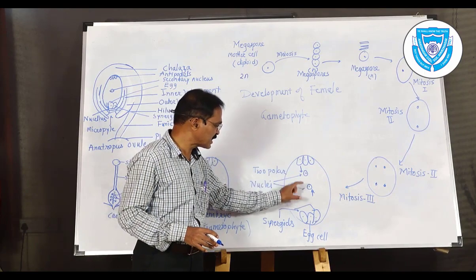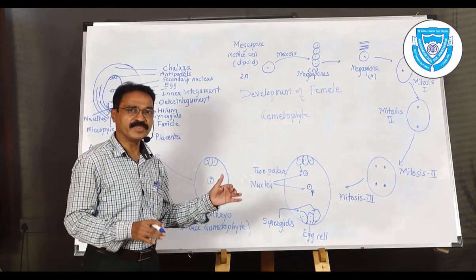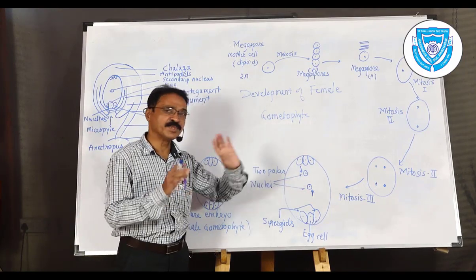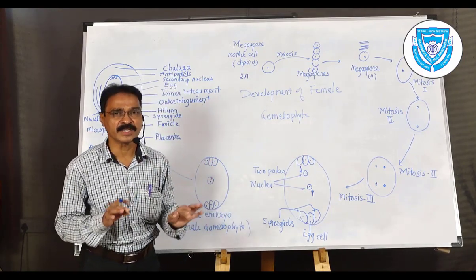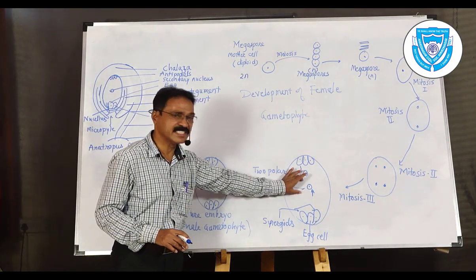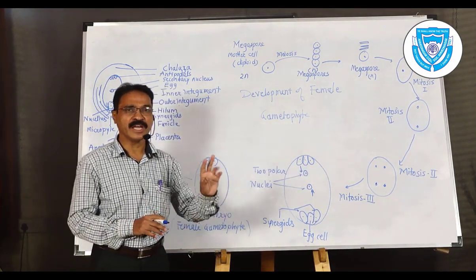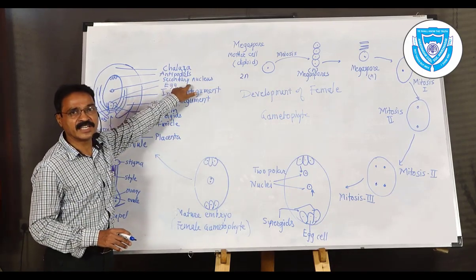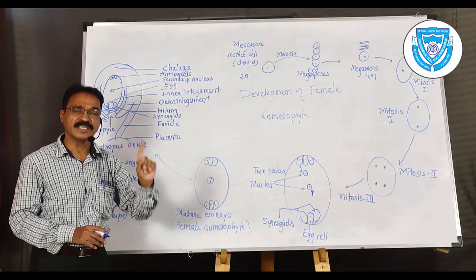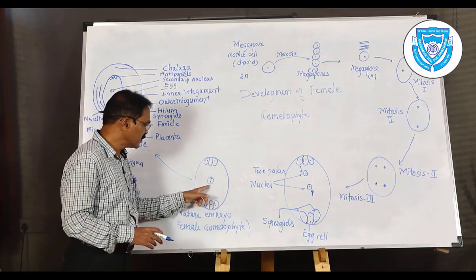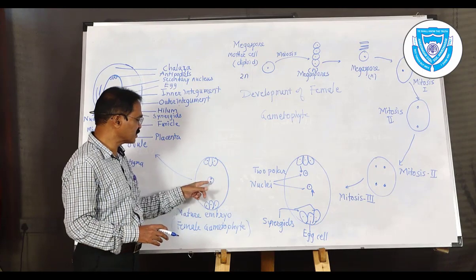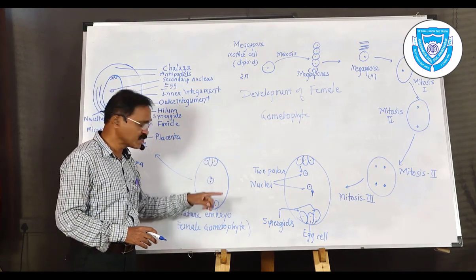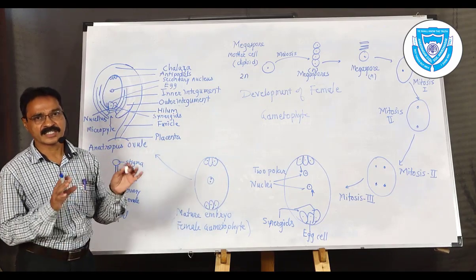So these 2 cells come to the center and fuse. Now what is here? Cells fused but the nuclei remain separate. And hence a single cell is developed. Because of 2 nuclei, it is called the secondary nucleus. It is called a secondary nucleus because 2 nuclei are present in the single cell. So in this way, the secondary nucleus is present at the center, and the 3 cells towards the Chalazal end and 3 cells towards the micropylar end are separate.